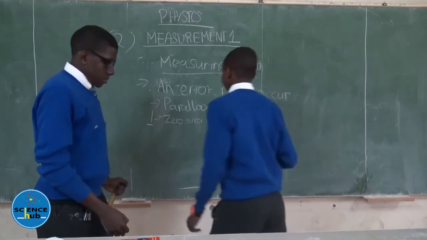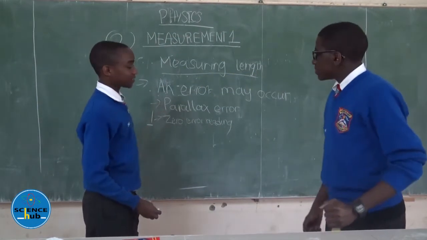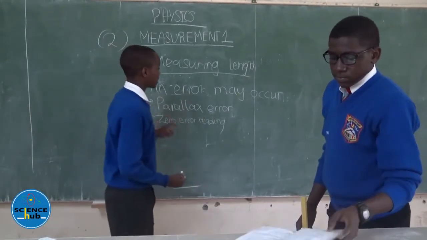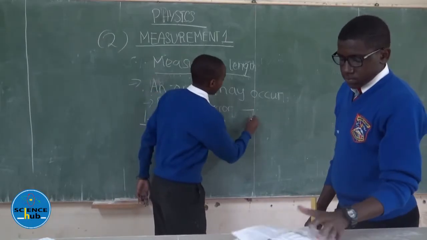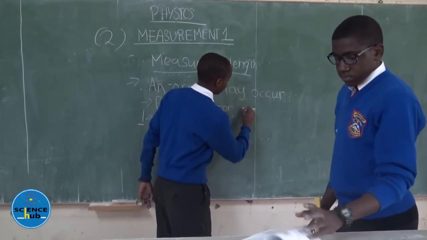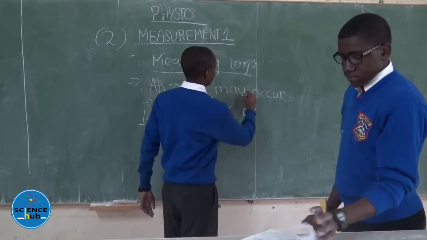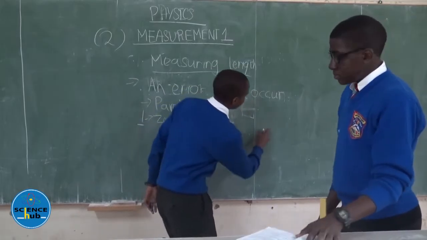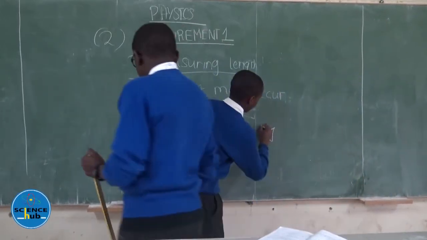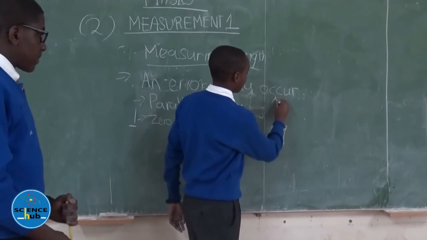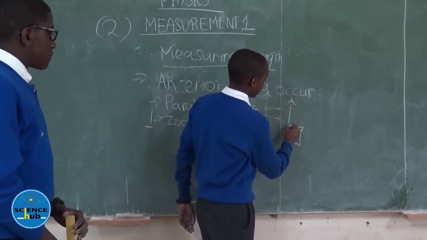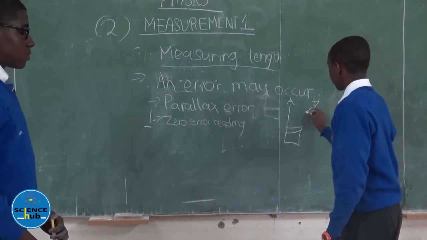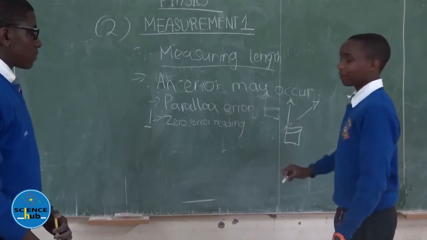The parallax error is caused when the eye is not placed perpendicularly above the object being measured. For example, if this is the object and this is the meter rule above here, and you place your eye here perpendicularly, this is the object and the meter rule is over there. Then you place your eye here. This is perpendicularly, but when somebody places his eye from this point, we will read something more or less of